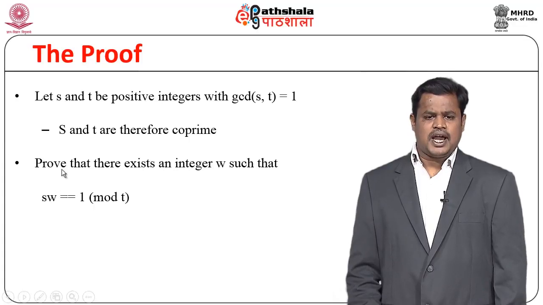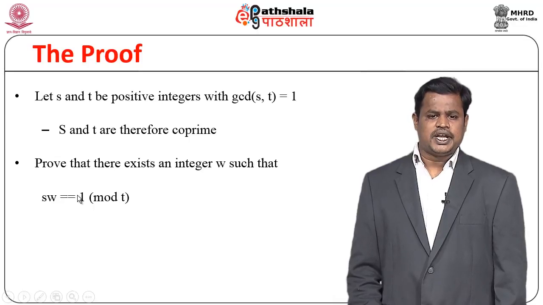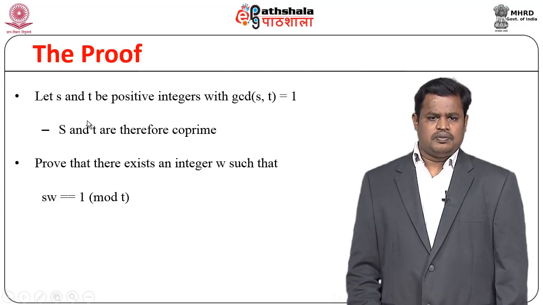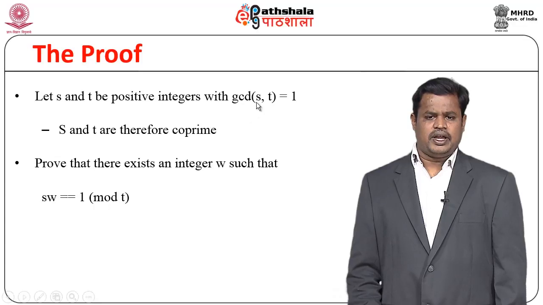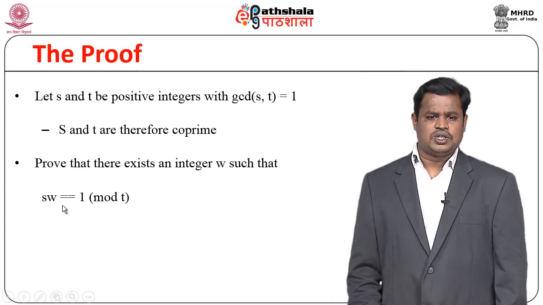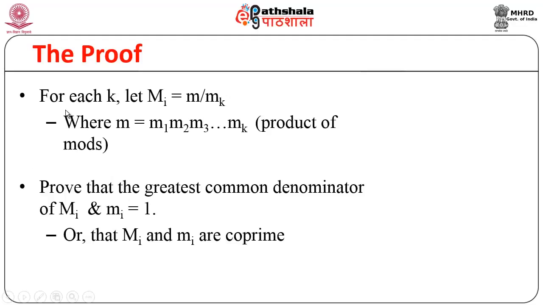So it proves that there exists an integer w, and here it is talking about the multiplicative inverse with respect to the number which is given, sw is equal to 1 mod t. So it proves that when the GCD of s comma t is equal to 1, there exists an integer w such that sw is equal to 1 mod t, and for each k